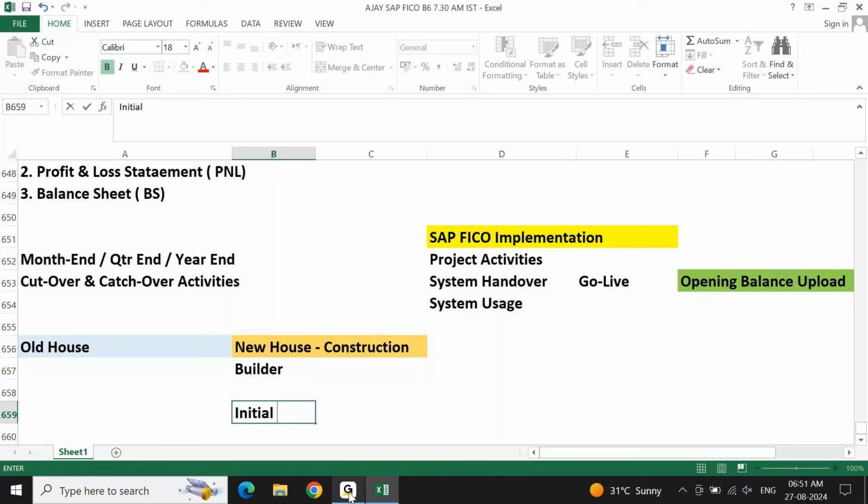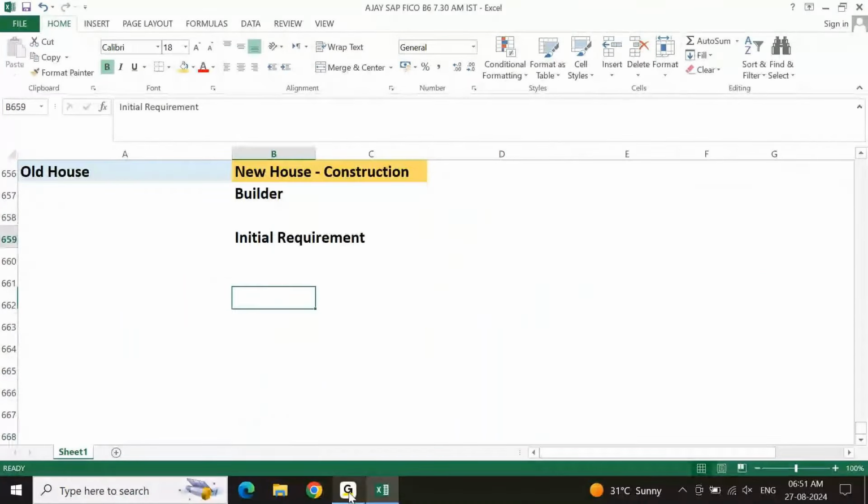There is something called your initial requirement. Based on the initial requirement, your builder would have developed a construction plan or layout, everything, and then given it to you. When you go through it, you can ask for any correction.